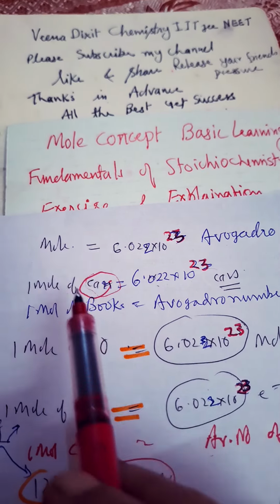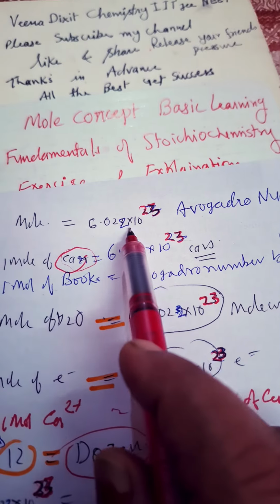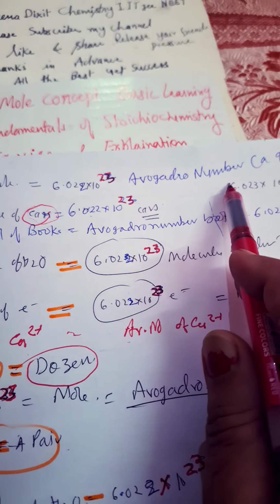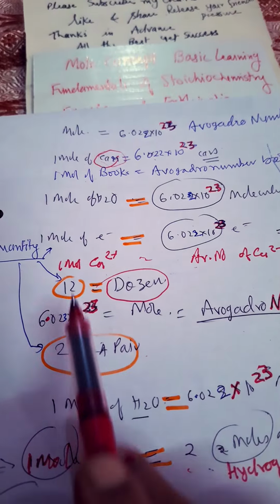We are discussing mole concept. 1 mole is equal to 6.022 into 10 to the power 23, the Avogadro number. It is a quantity. For example, if we are saying